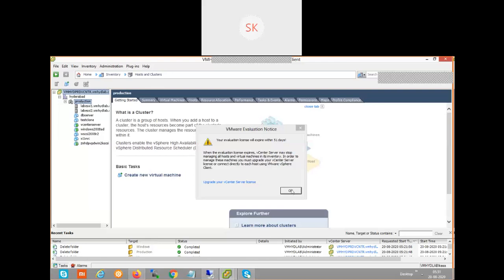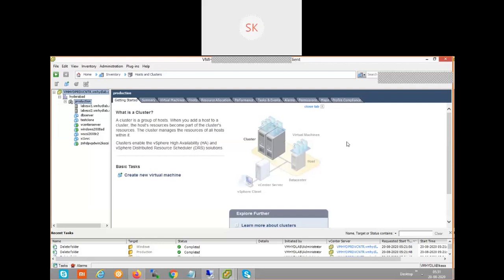To make use of the cluster feature, we created a cluster, but we haven't enabled any settings on the cluster. We are going to see what cluster features are available. One thing we need is to maintain high availability. High availability means that even with any issue with the hardware of the respective ESXi host, the VMs running on that ESXi host should migrate to another ESXi host within the cluster to provide high